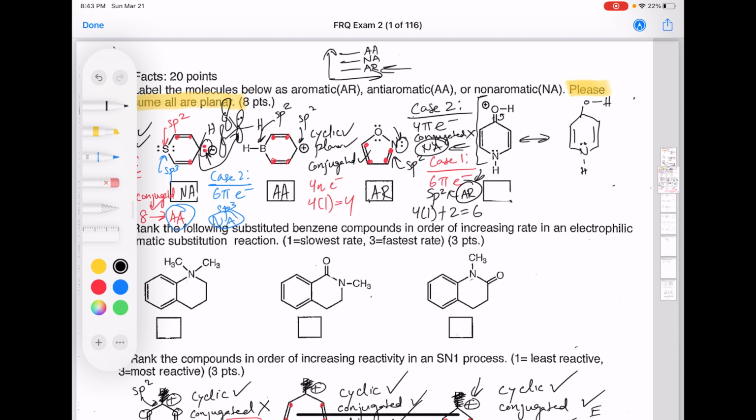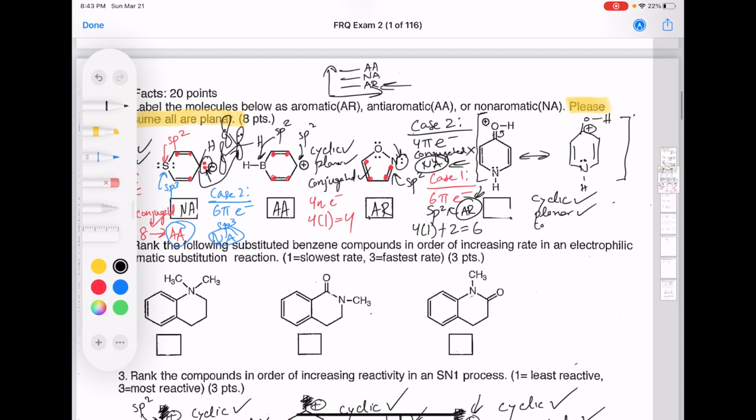And when we look at this molecule and both of its resonance forms, we find that yes, it is cyclic, it is planar, it is conjugated,